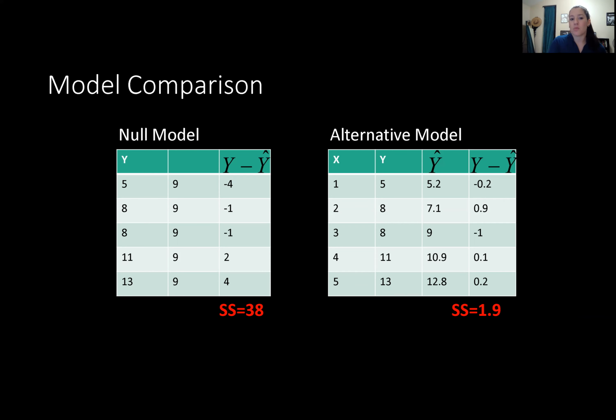But what this 38 is saying when we see this Y minus Y hat is that there's this world essentially of variability that we need to account for. This number 38 is like saying, here's this whole piece of variability pie that we need to account for. We know that some of that may be due to the variability from X that overlaps with the variability on Y. There's variability from X that's contributing to this variability on Y. And so that's what this sums of squares